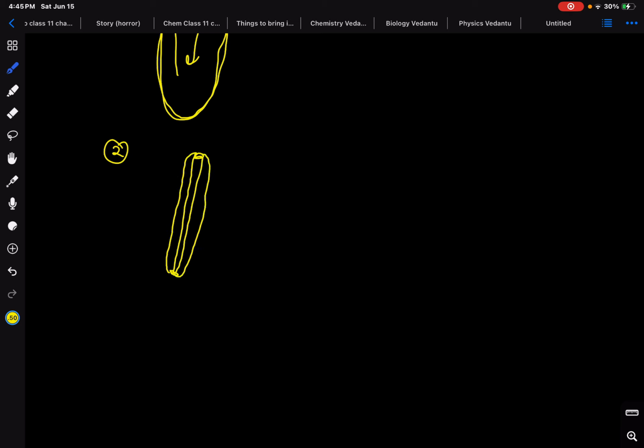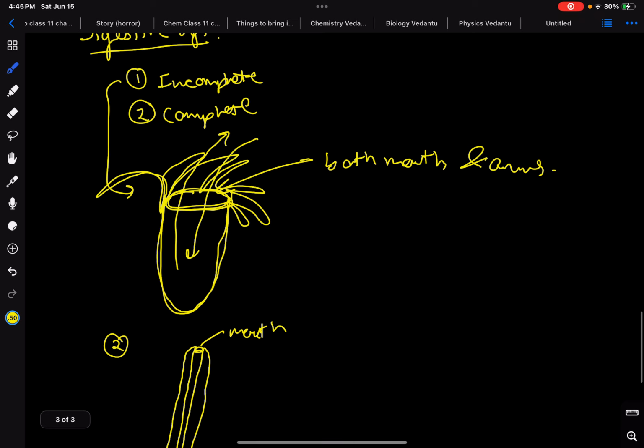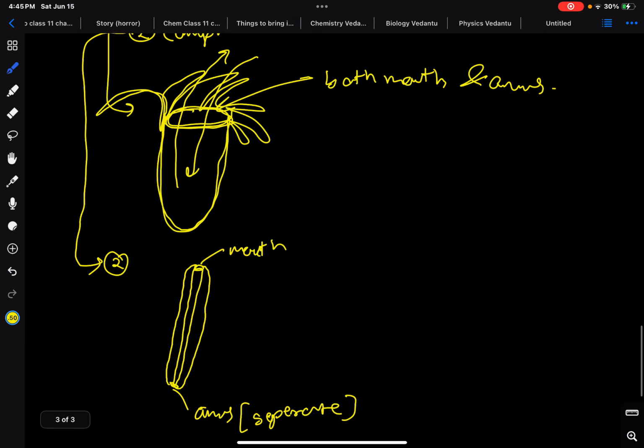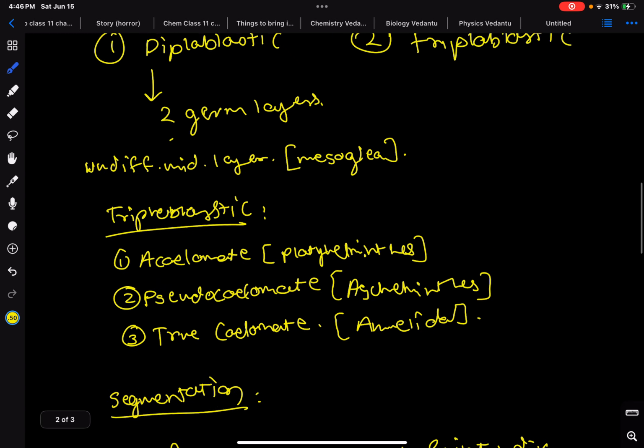So it has a mouth and a separate anus. So this states that it has a complete digestive system. Alright, so this is Hydra. Alright, so then we go on to